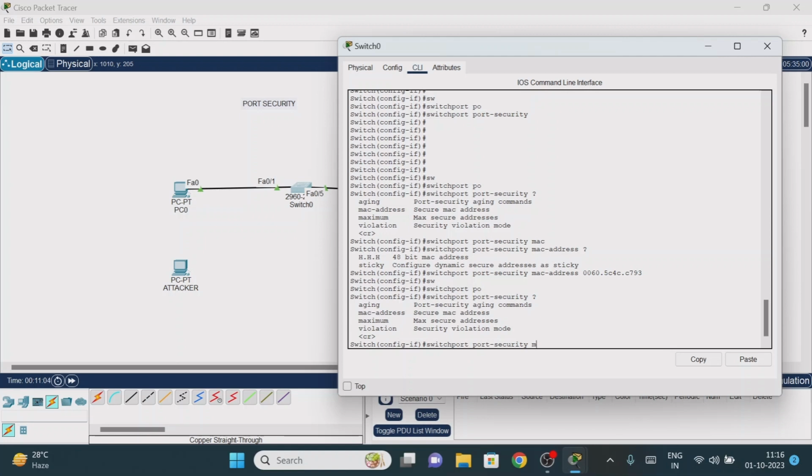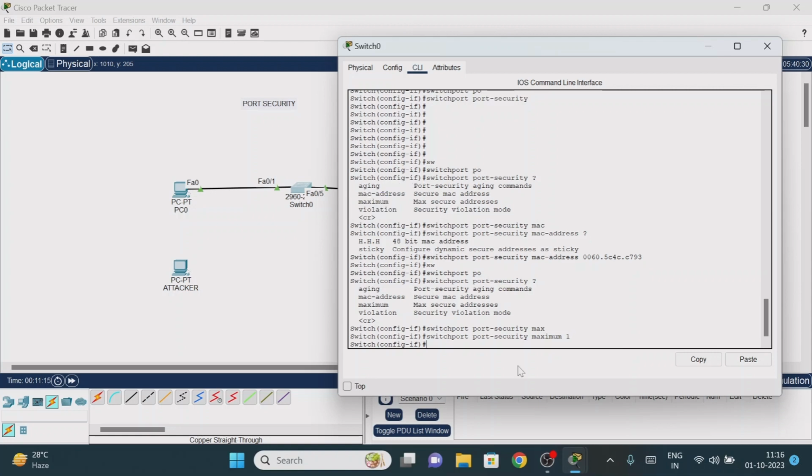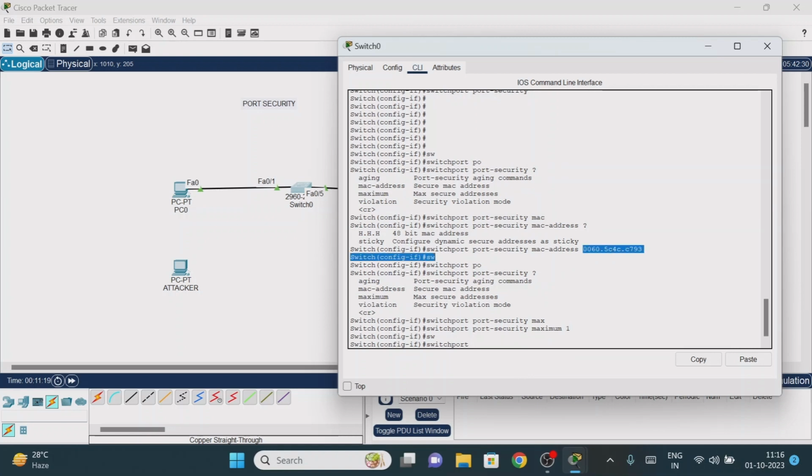So how many maximum do we need to give? Let it be, I'm giving only one. Only one, so only this MAC address will be able to access, and the remaining cannot be accessed. You can give anything, so 220 or whatever it may be. Once it is done, we have given this MAC address, and then how many MAC addresses will be allowed